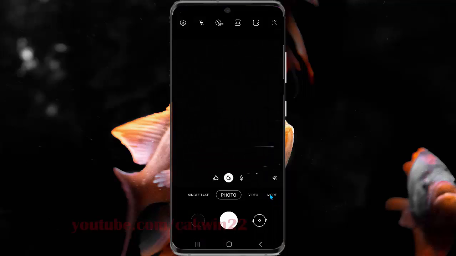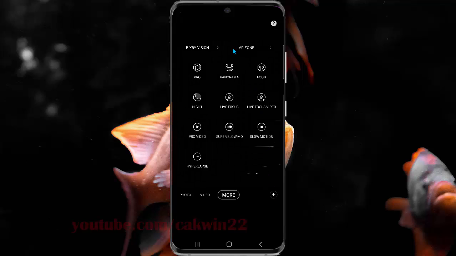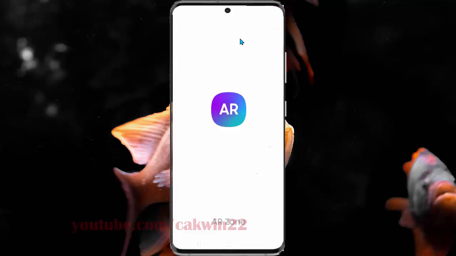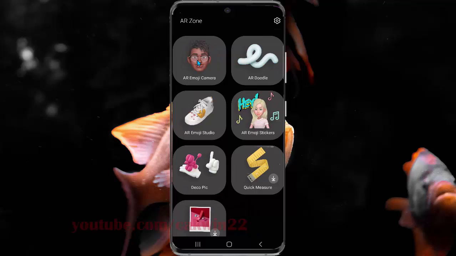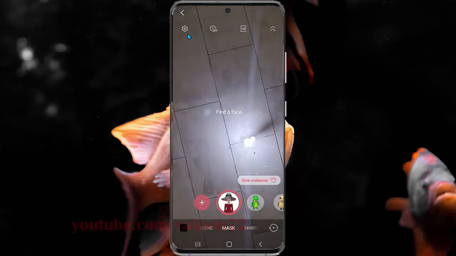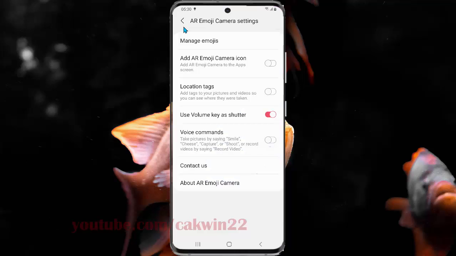tap more, and then select our zone, tap our emoji camera, and then select the settings icon, select manage emojis,